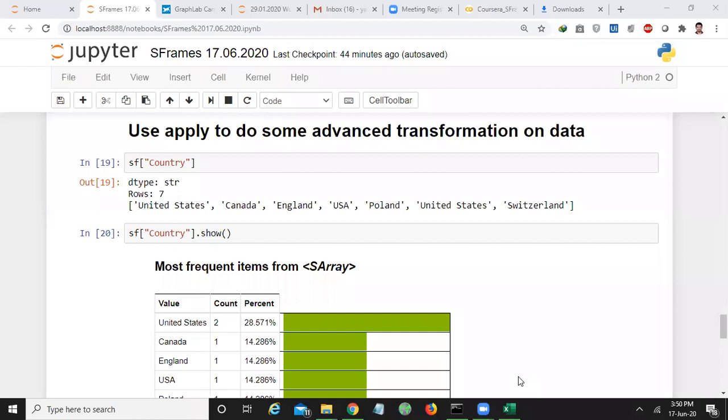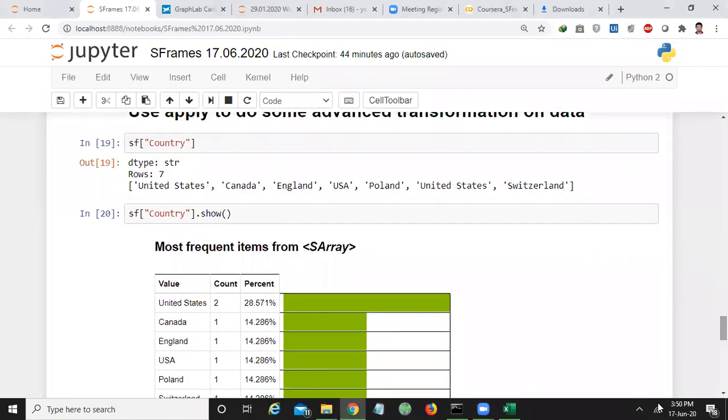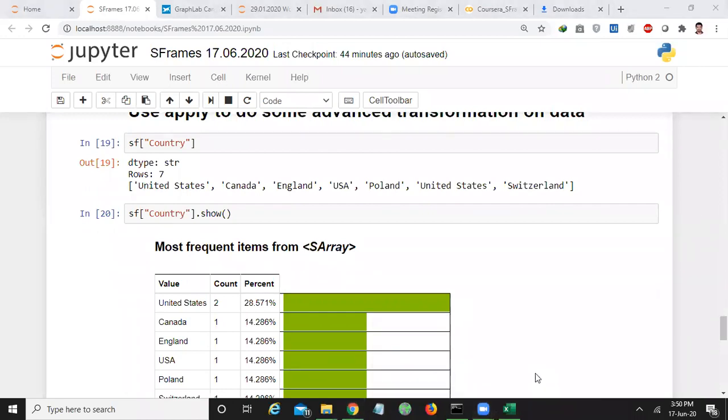So now if you want to create a new column here, okay, let the people finish these commands. I will explain it at the end.